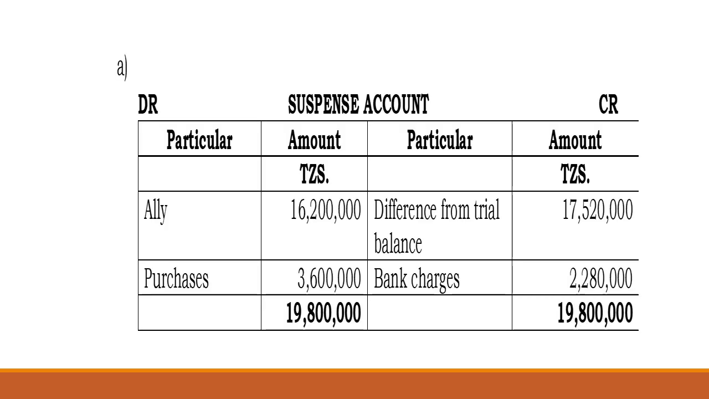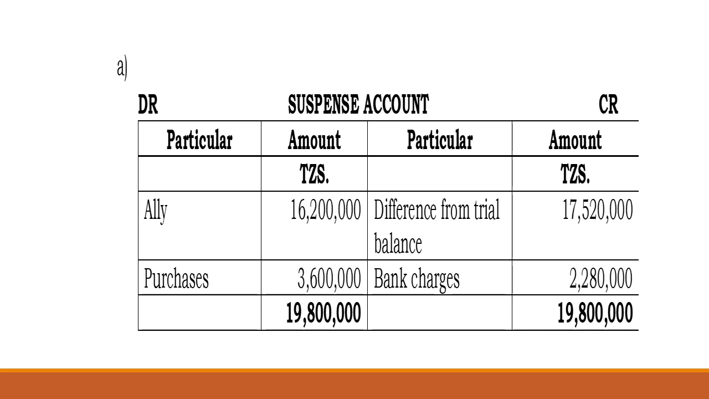And then for the suspense account, one, we have to start with the difference from the trial balance. There was an understatement of credit side, so the amount of suspense account also becomes on a credit side. So we put the difference from the trial balance. It was 17,520,000. So then we transfer from early